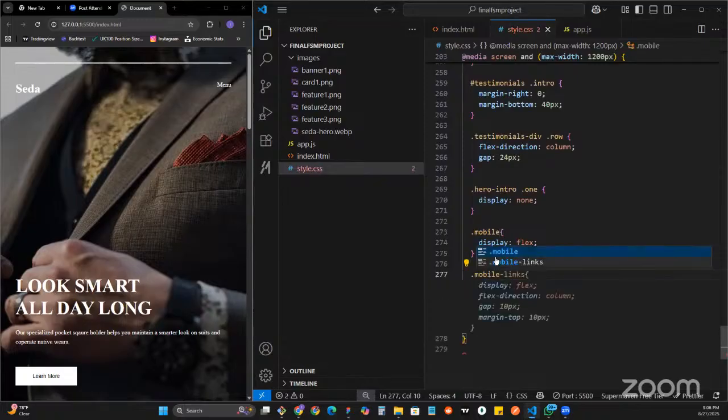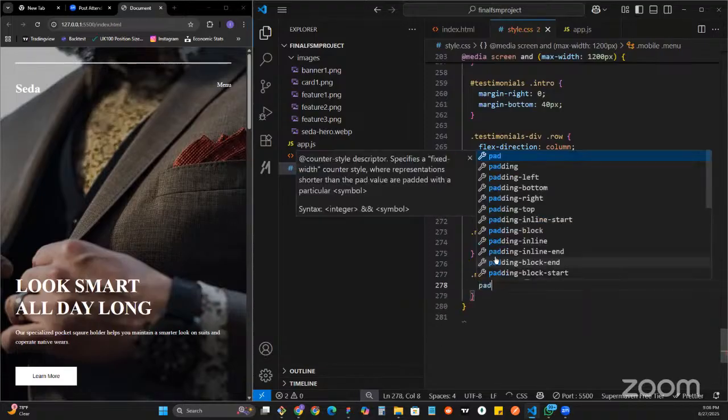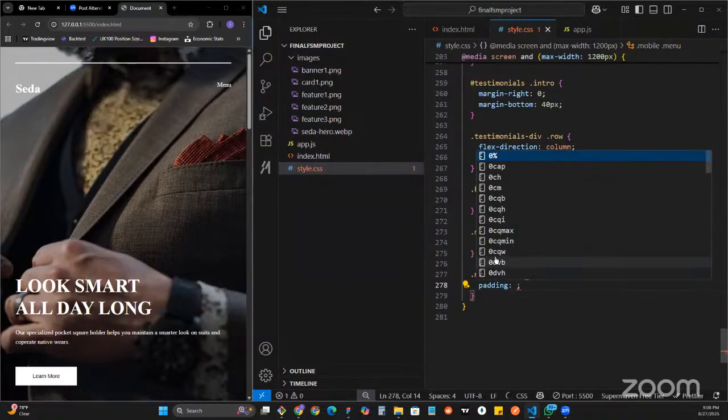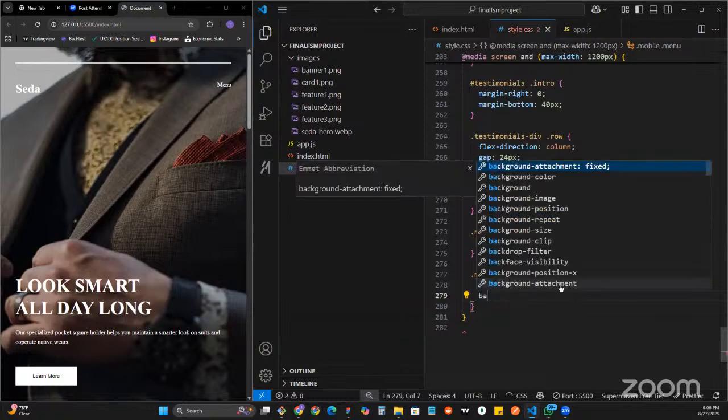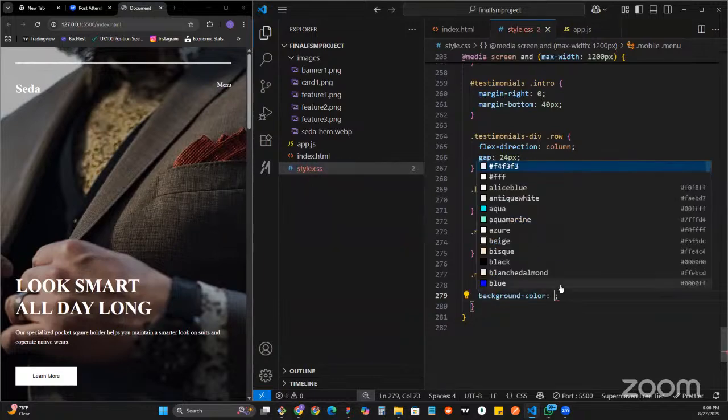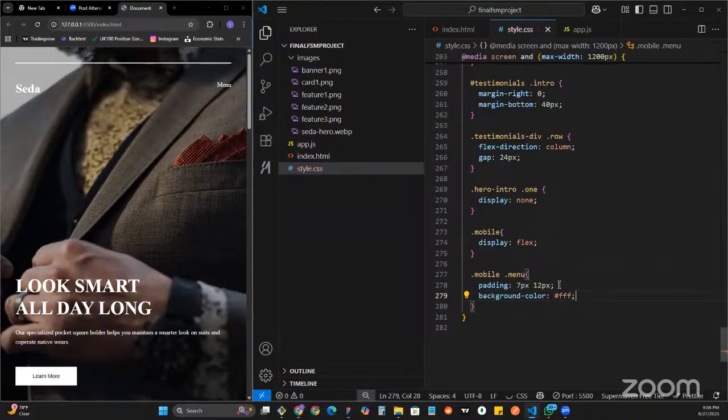Let's give it some padding of, let's say, 7 pixels vertical and 12 pixels horizontal. That will not show right now, but when I give it a background color of white and a color of black,